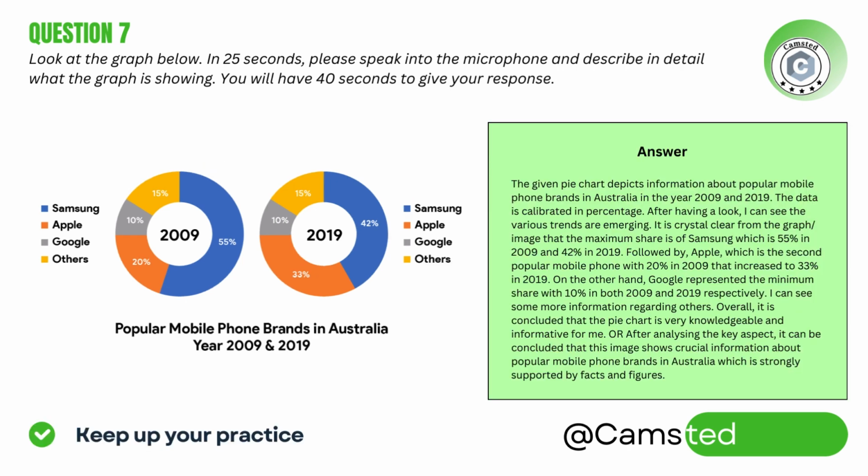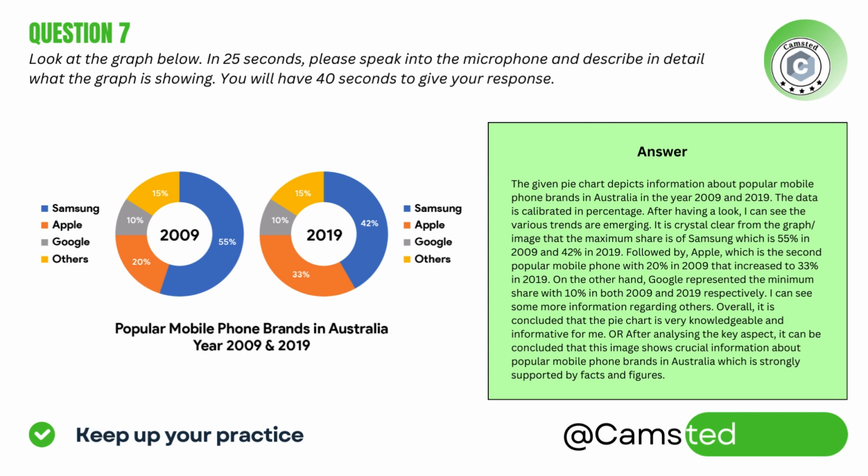The given pie chart depicts information about popular mobile phone brands in Australia in the years 2009 and 2019. The data is calibrated in percentage. After having a look, I can see various trends are emerging. It is crystal clear from the graph that the maximum share is of Samsung, which is 55% in 2009 and